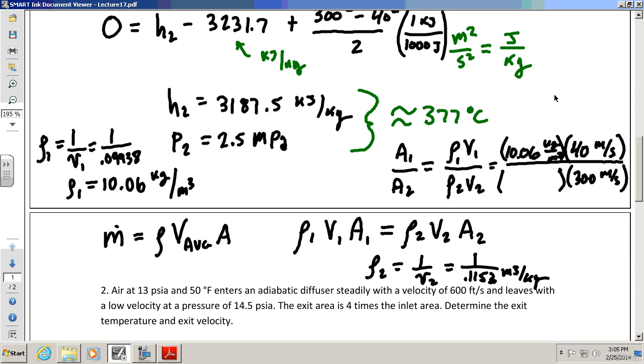And if you do that, 1 divided by that, you get like 8.68 kilograms per meters cubed. So you get 8.68, okay, there. So then if you work out the whole thing,